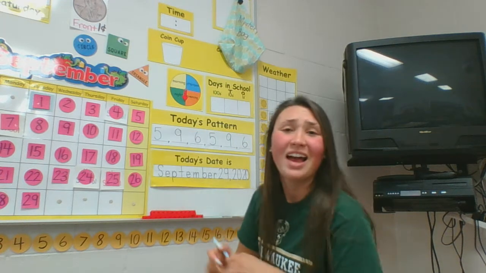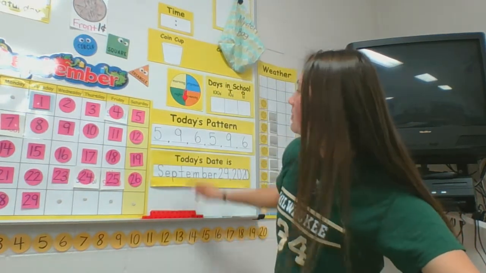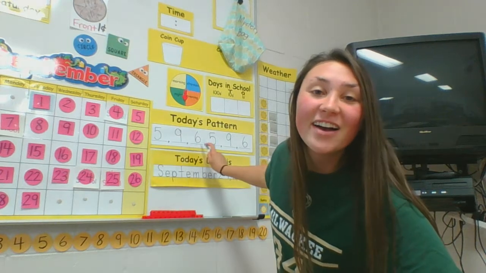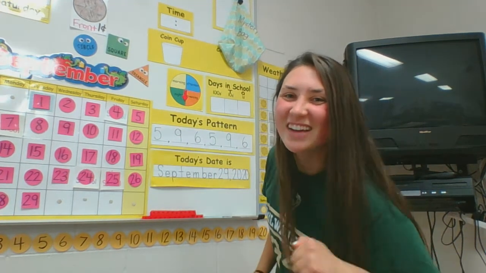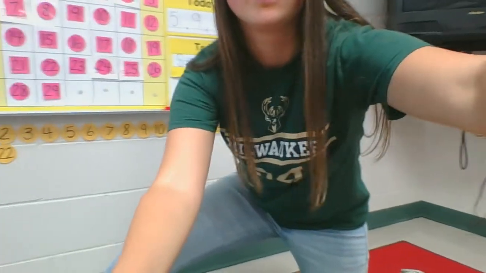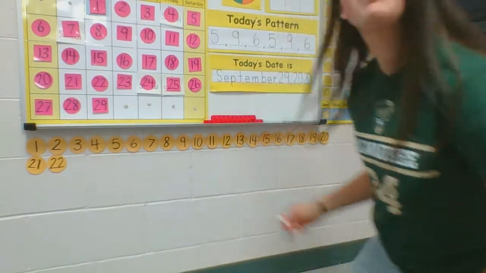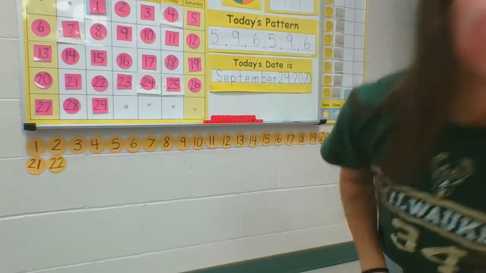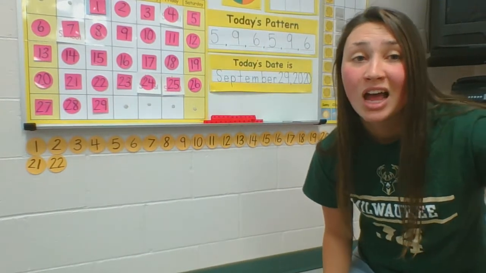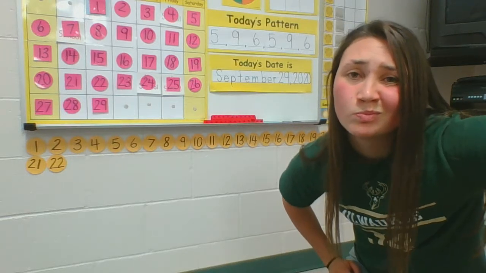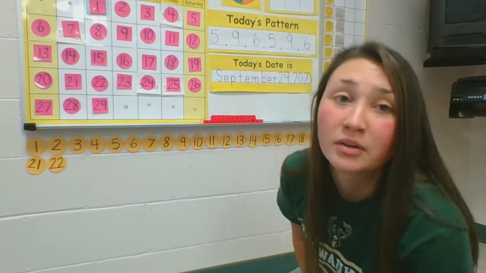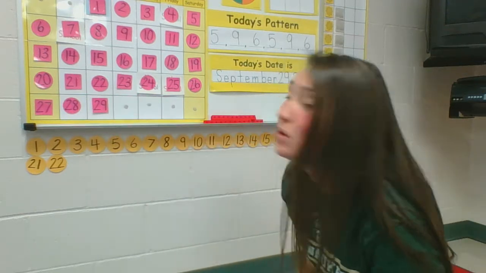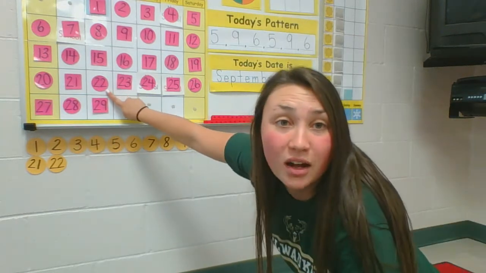Very good. And as always, good mathematicians always check their work, so we're going to do it too. Ready? 5, 9, 6. 5, 9, 6. Good job, kindergarten. Let's move on to our days in school, counting those out. We are up to how many now? 22. 22 days in school so far, which makes today, what comes after 22? You could look at our calendar if you don't remember and if you don't want to count. After 22, which is the 2 2s, right here, comes a